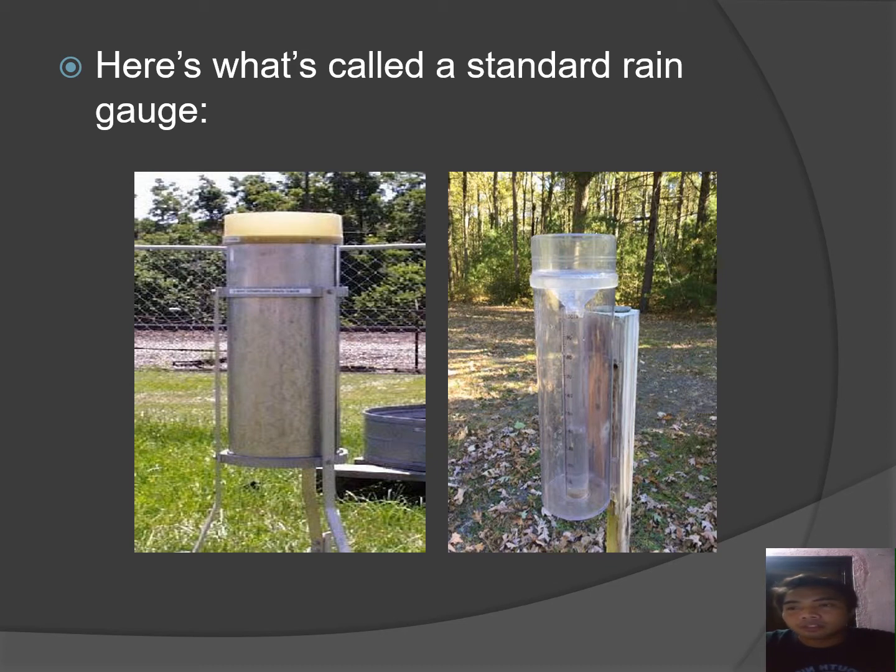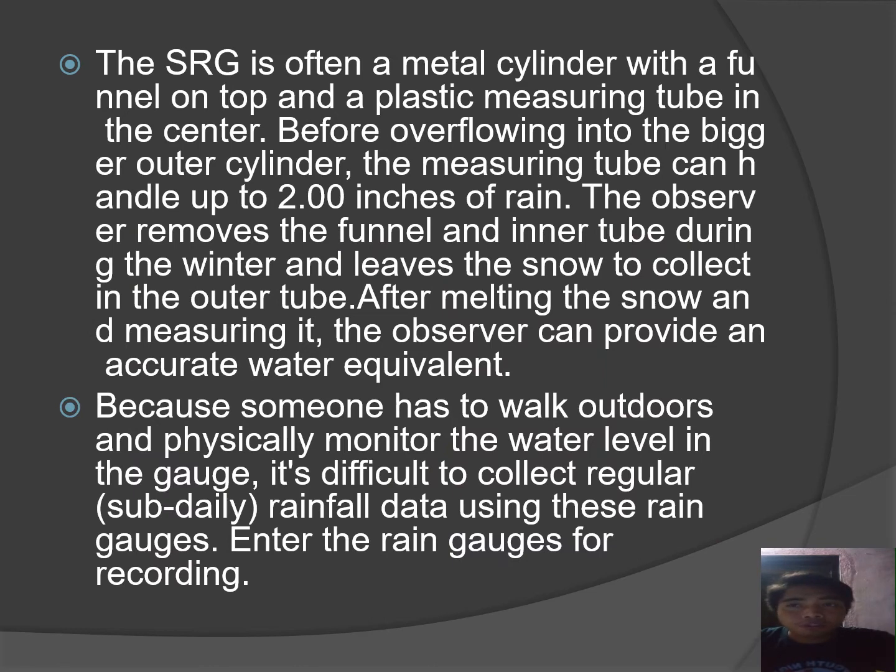This is essentially a circular funnel with a diameter of 203 millimeters, which collects the rain into a graduated, calibrated cylinder. The measuring cylinder can record up to 25 millimeters of precipitation. It is often a metal cylinder with a funnel on the top and a plastic measuring tube in the center. Before overflowing into the bigger outer cylinder, the measuring tube can handle up to 2 inches of